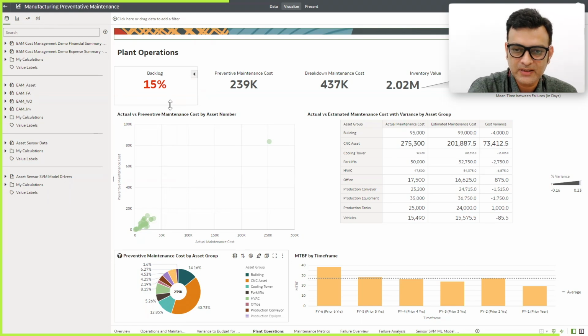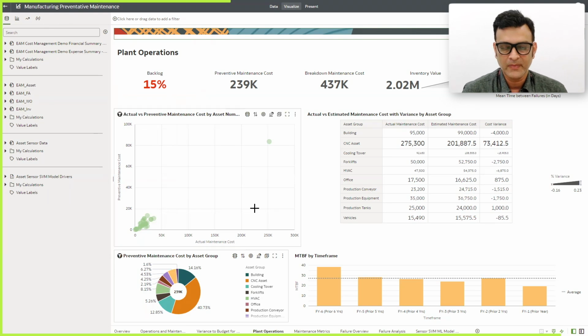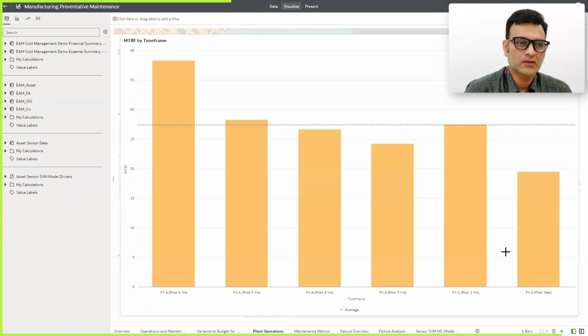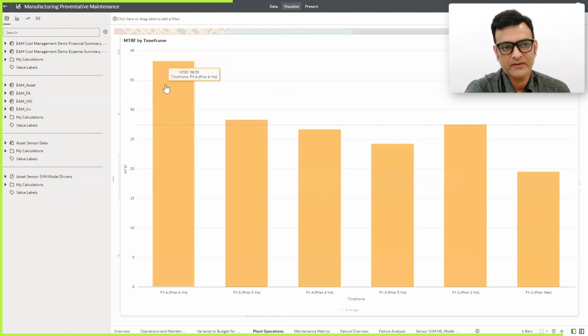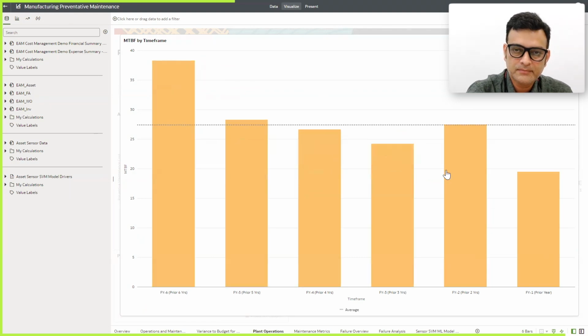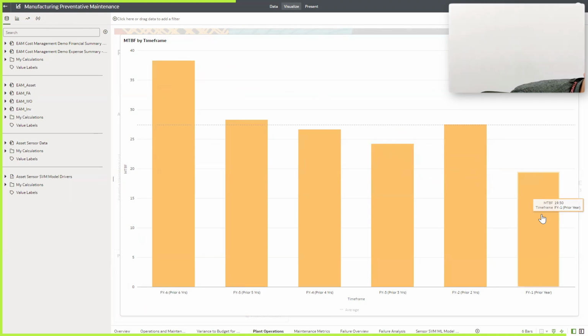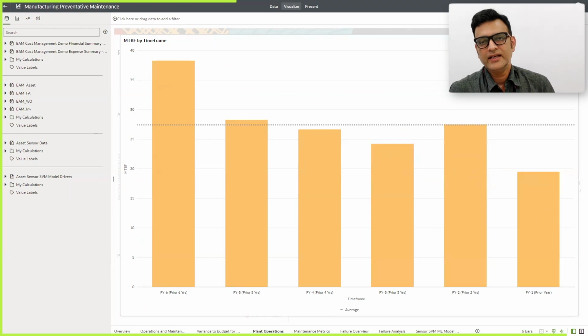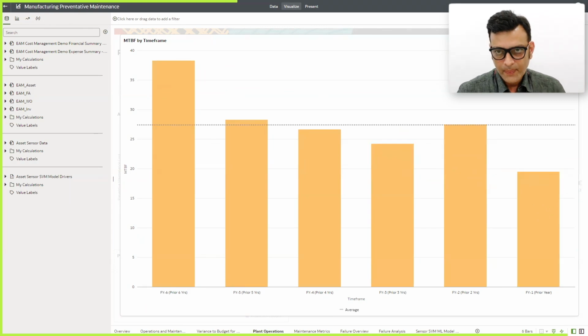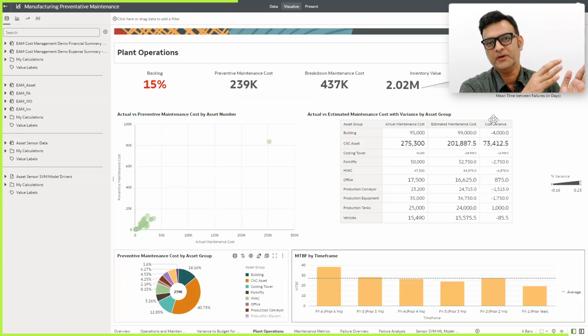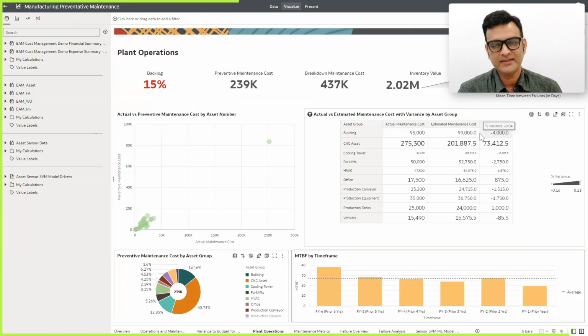So to analyze further, we can check how this KPI is performing over a period of time. Here you see that 6 years ago, this number was actually 38.33 days. Over a period of time, it has drastically reduced, and for the last year it was less than 20 days. It is around 19.5 days. So clearly, you can see that this KPI has not been performing well over a period of time, and we are seeing frequent breakdowns.